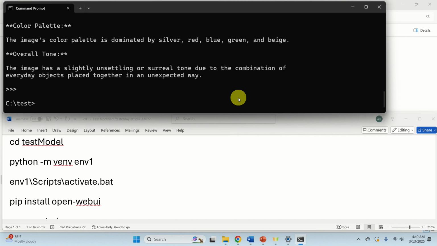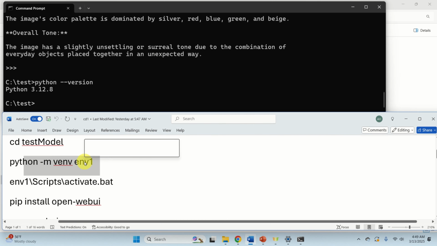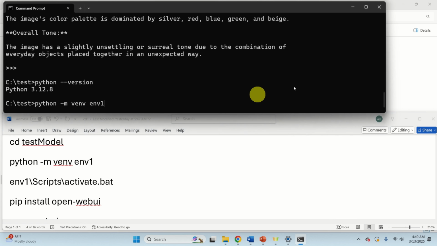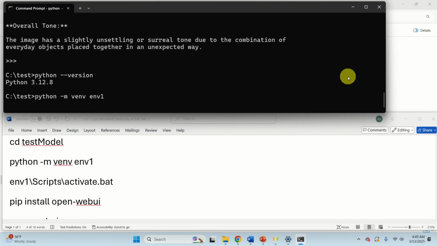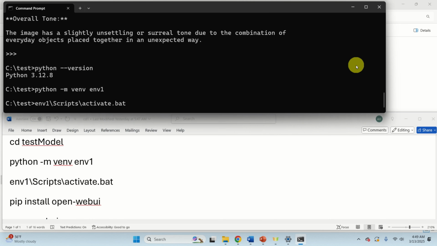The next step is to generate a graphics user interface for running and testing this model. First of all, make sure that you have Python on your system and verify the Python version by typing this. If you don't have Python, install Python 3.12, 3.11 or 3.10. The next step is to create a Python virtual environment. To do that, simply execute this command, and after that execute this command in order to activate the Python virtual